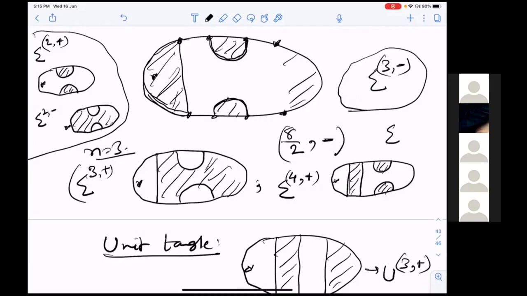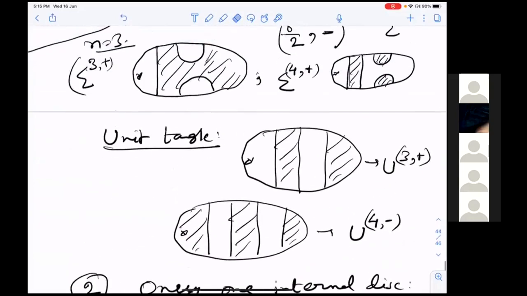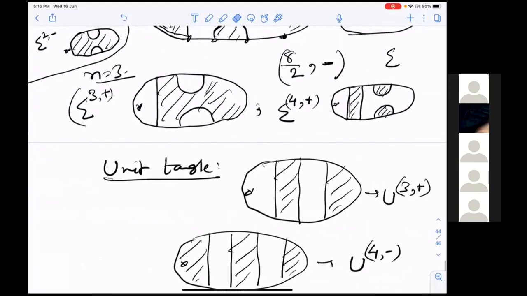Okay. So in the example of epsilon 4 plus, if I have this vertical strip to the right of these two. Yes, good question. Oh yeah, this will come. These are called inclusion triangle. I'll come to that. You are asking about this line, right? So if the vertical strip is to the right, is it the same tangle? Yeah, it will be the same tangle because of the inclusion.